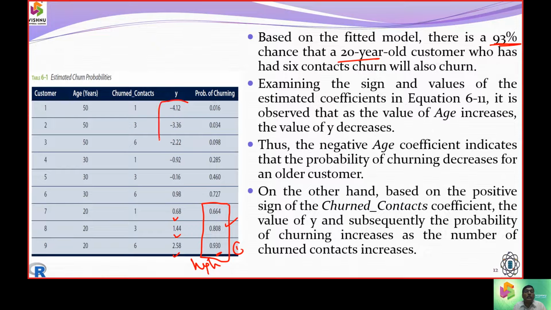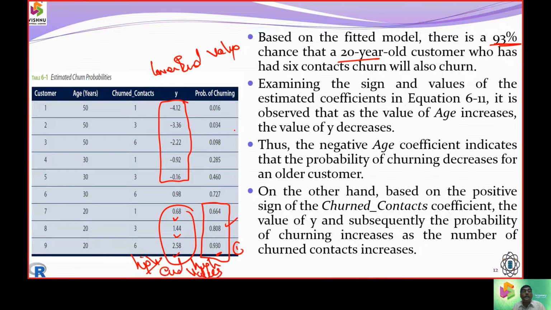But here all the values are going to be negative, toward the lower end. These are lower end values, and the others are high end values. So it says that the dependent variable is telling that the people will stay,